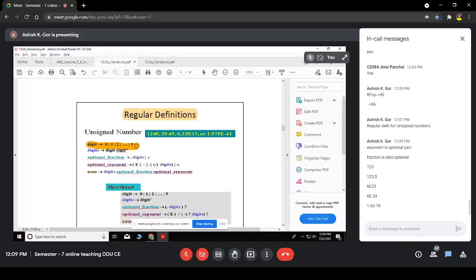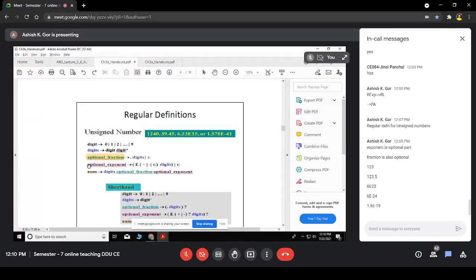So what is a digit? Digit is 0 to 9. And now remember, I created one more thing, digits, which is digit plus. What does it mean? One or more occurrences of digit. Now optional fraction. What do you mean by optional fraction? Fraction is not always needed, like here there is no need of a fraction. It's an optional part. So if I have it, then I should have a decimal point followed by digits. If I don't want it, then I will have a null.